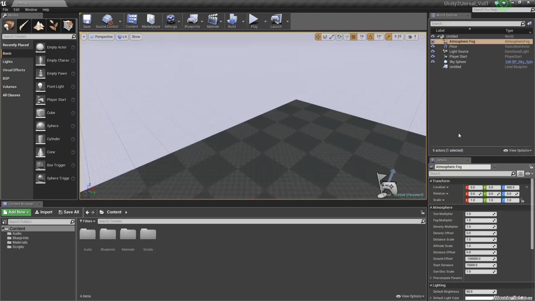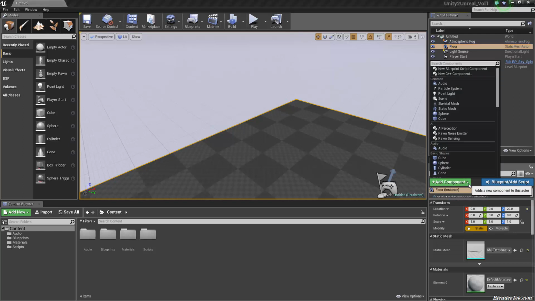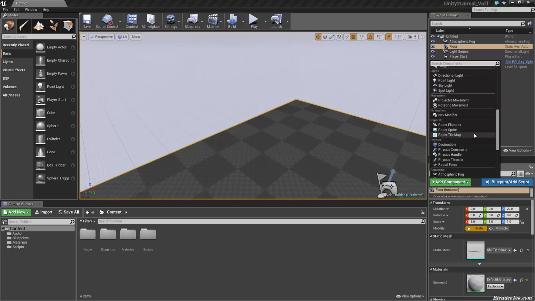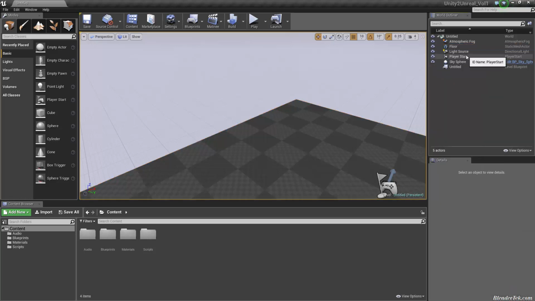I haven't quite figured it out, but as far as I know, yes, you have an add a new component to this actor. So I can add audio, particle system, I can add physics stuff, I can add all the stuff you see here, and I can also make my own component. So this would be similar to making a script and adding it to your asset.